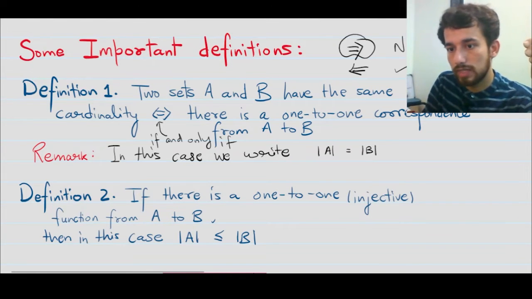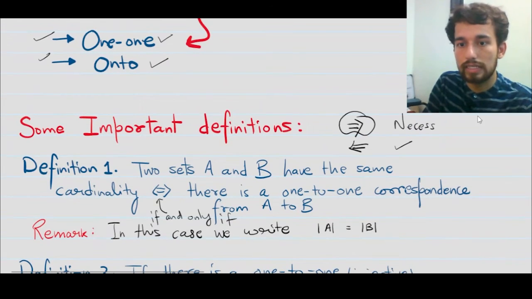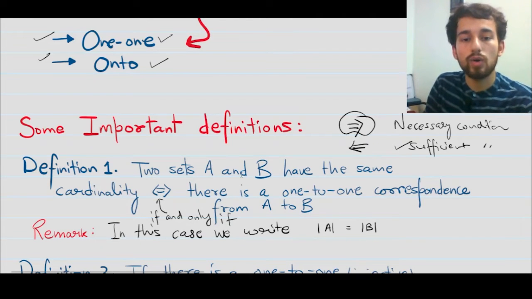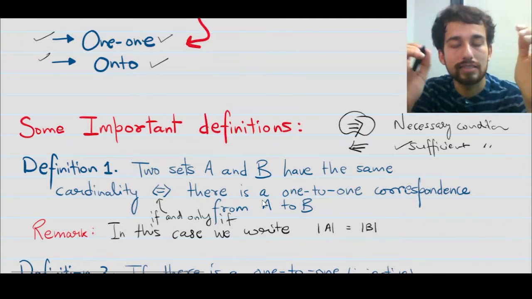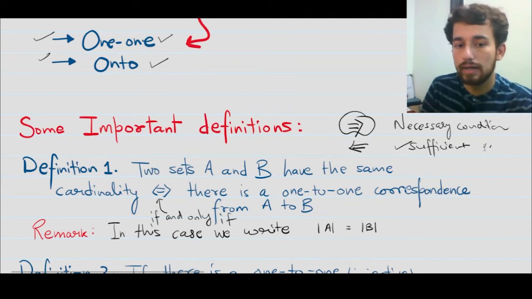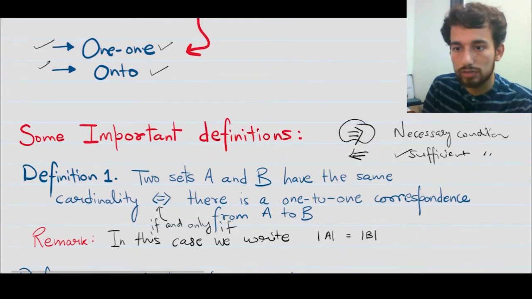Let me just make some marks so that you can easily see. Necessary condition, and this is called the sufficient condition. So आप एक को अज्यूम करोगे और दूसरे को प्रूव करोगे. तो सफिशिएंट कंडीशन में क्या होगा कि आप अज्यूम कर लो कि A और B दो सेट्स हैं, उनके बीच में एक 1-to-1 कॉरेस्पॉन्डेंस एग्जिस्ट करती है, तो आप वहां से प्रूव करोगे कि दे हैव द सेम कार्डिनैलिटी. ओके, दिस वाज द डेफिनेशन for